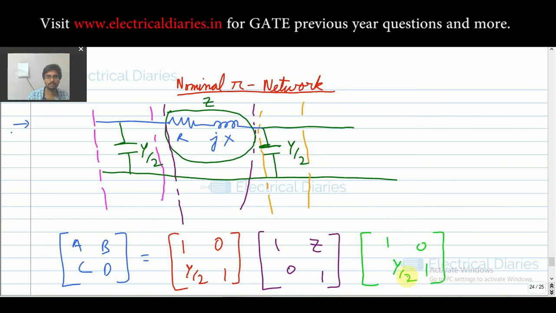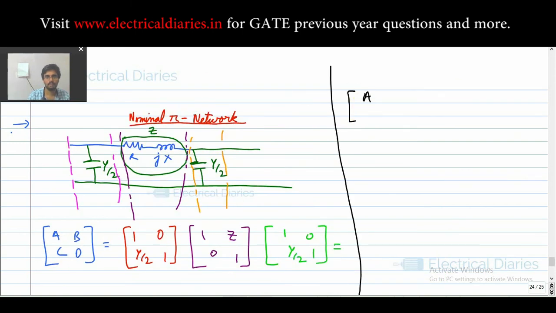Now you just need to multiply. See, doing this is a much easier method than remembering all the ABCD parameters for every pi, T and other model. So if you remember this tip and trick, then you can find out ABCD for any model. Okay, so on solving this you will get your ABCD as